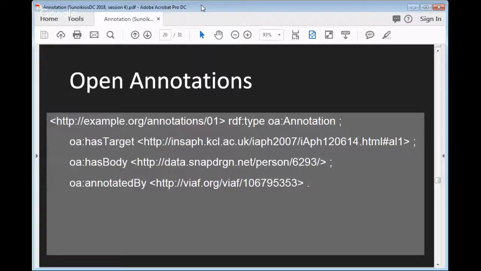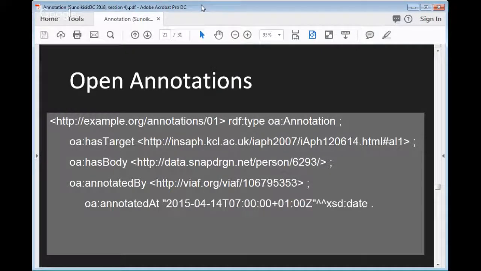I think it was me I used as an example, and this is the time. In fact, this was nearly 3 years ago that I created this example. Was annotated at 7 a.m. Central European Time, 14th of April 2015.